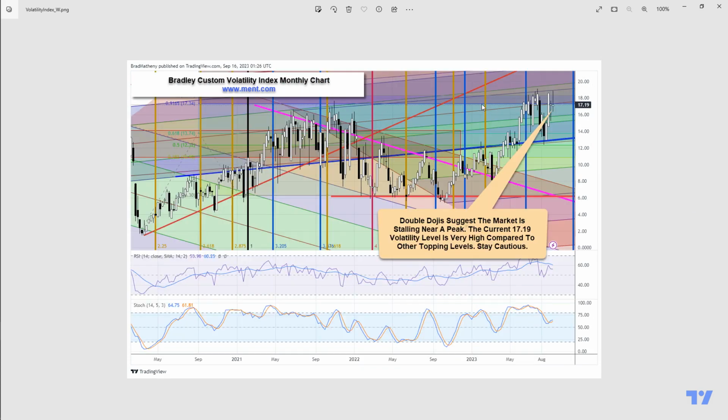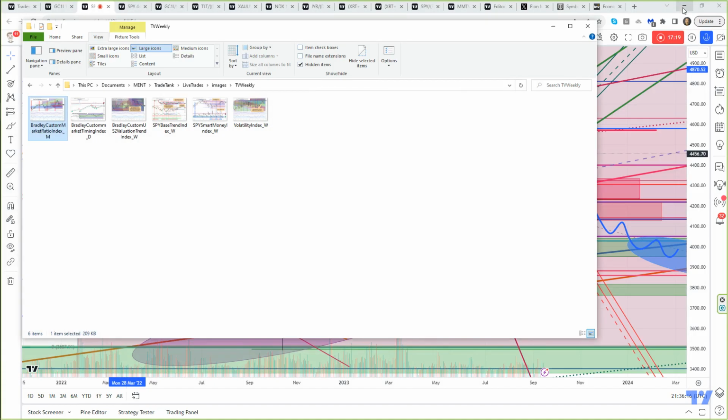And the volatility index, lastly, is very, very toppy with two dojis. To me, this is protect your capital. And again, this is longer term. These are weekly and monthly data. This is to kind of gauge what the general market is doing. To me, this is protect your capital, cut back your allocations, reserve your dry powder, your cash, and wait for the market to make a direction, a trend, and a move, which would be essentially the dailies kicking in.